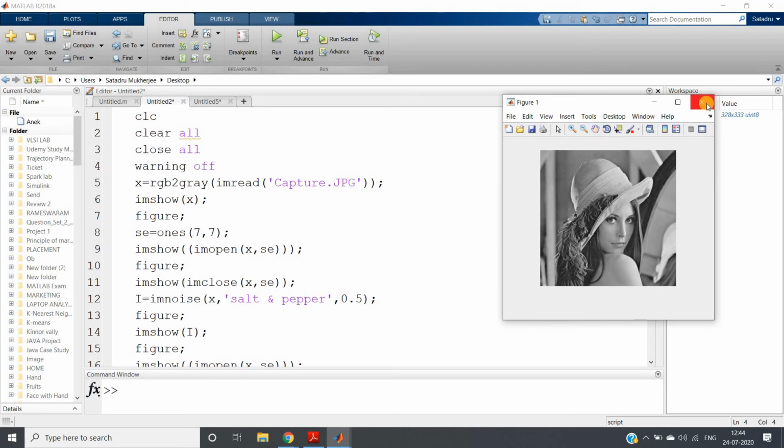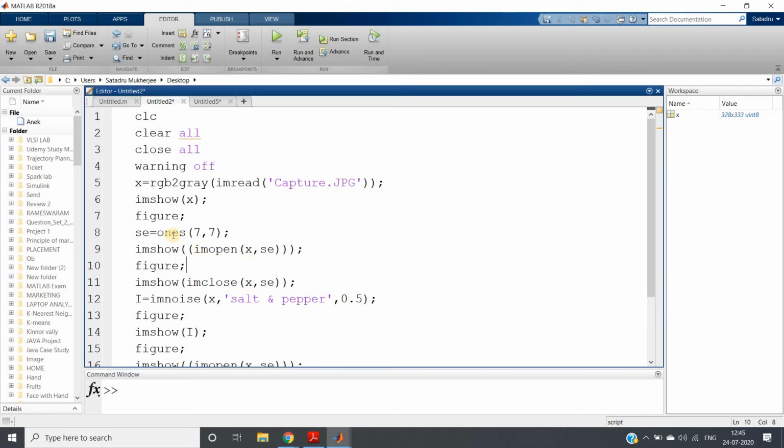Now first let me discuss the effect of opening and closing in grayscale image. You have seen in case of binary image what is happening. If you apply opening, then many white pixels turn into black. Similarly, if you map the concept to grayscale, what will happen? The whole image will become darker, because like the same binary concept, some of the white pixels are removed. Similarly here, some of the whiter parts are basically suppressed. Okay, so opening will make our image darker and in the reverse way closing will make our image brighter.